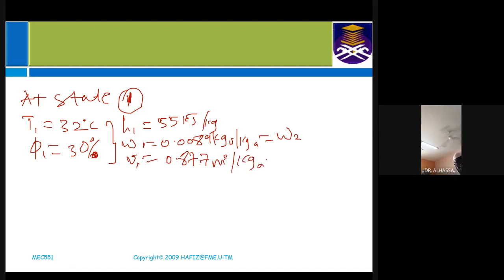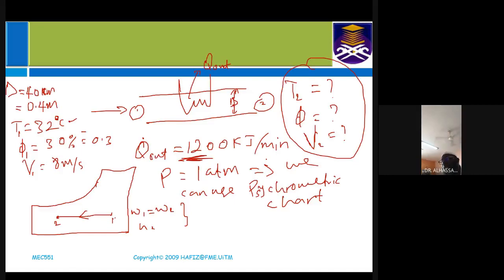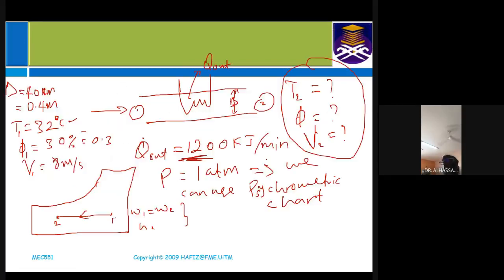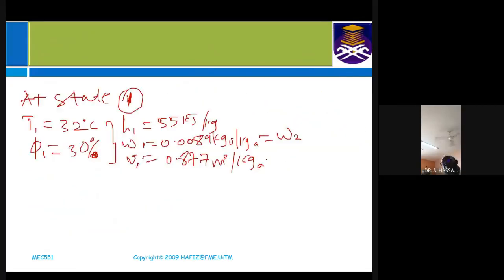All right? So now, with this, let's recap again. We are interested in the exit temperature. So first thing, we want to determine the specific humidity at state 2. Okay, so we have determined that. Now we need to find,